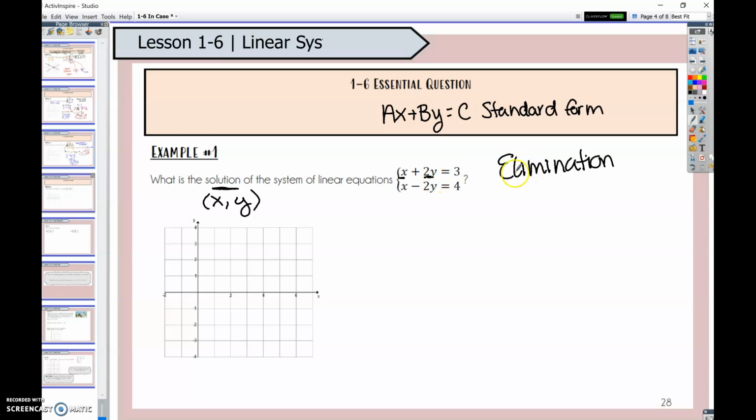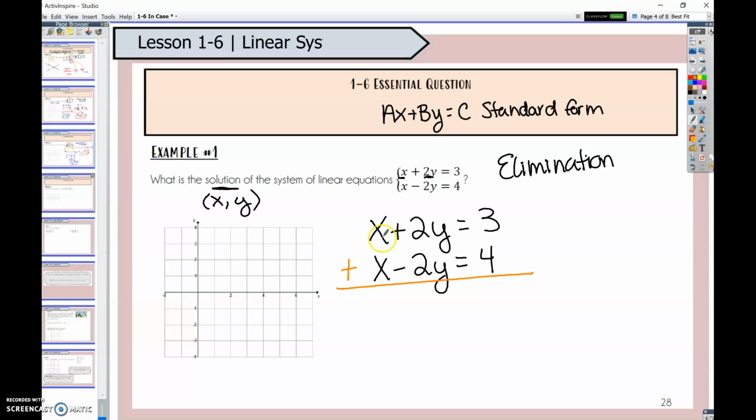With elimination, we would line up our two equations, and since they're ready, I'll set them up myself. I'm setting them up like this, and with elimination, you're going to add them together. So I'm going to put a plus sign like old school adding, and what's going to happen is x plus x is 2x. But these are special, and this system of equations was set up for me nice this way. Sometimes you have to modify them, but 2y plus a negative 2y makes them go away,